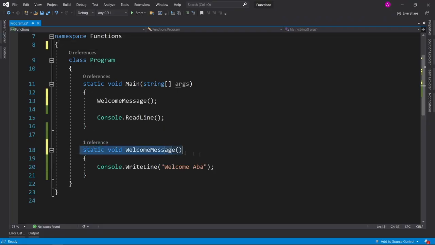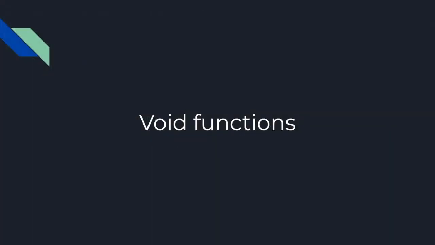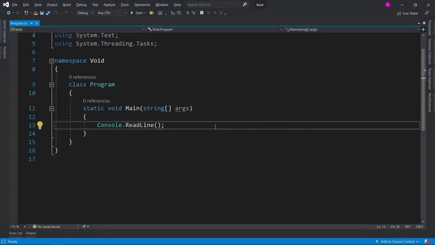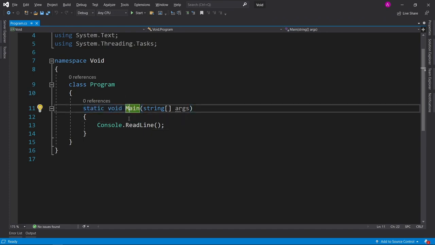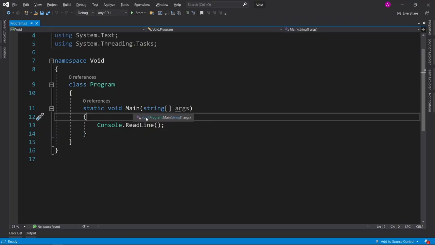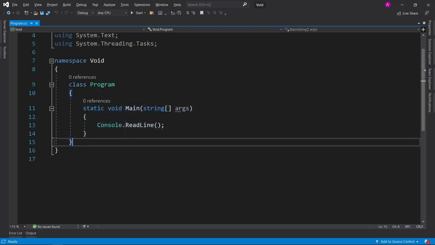So now that we've made a function and we've called it successfully in the main, and it's printed out to the console, when we're declaring functions, we want to specify what return type we're going to have. We have a static void main in here. If you hover over main, it says void, which means at the end of this function, it doesn't return anything,